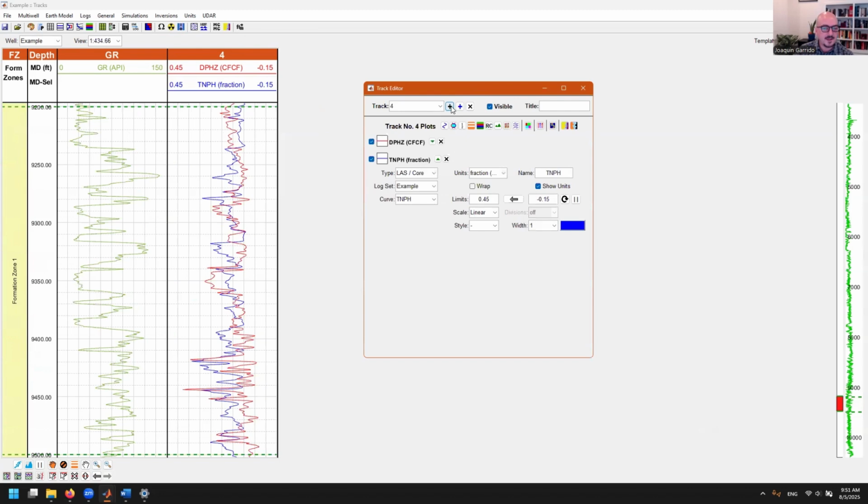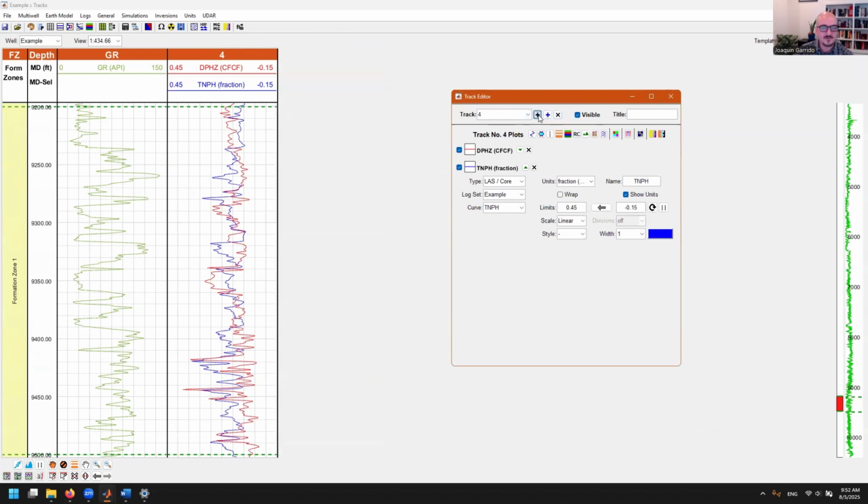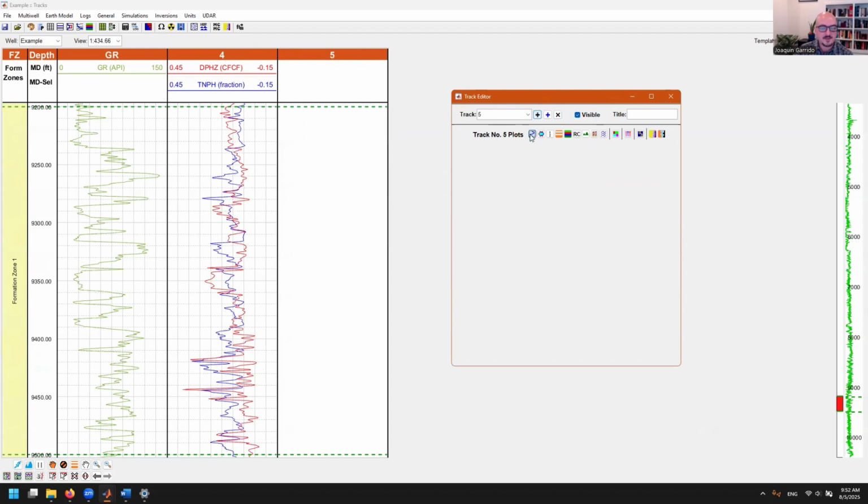I'm going to add another track. Notice you can duplicate a track. So just in case I wanted to duplicate exactly the same with the two porosities, I could do that. In this case, I'm not interested. So I'm going to do a different one that is going to have the resistivity